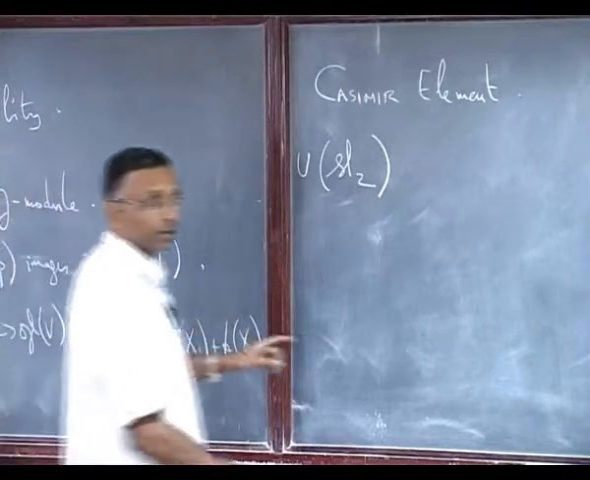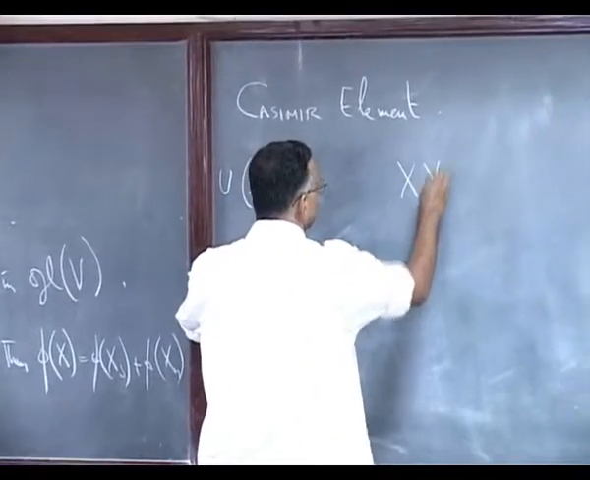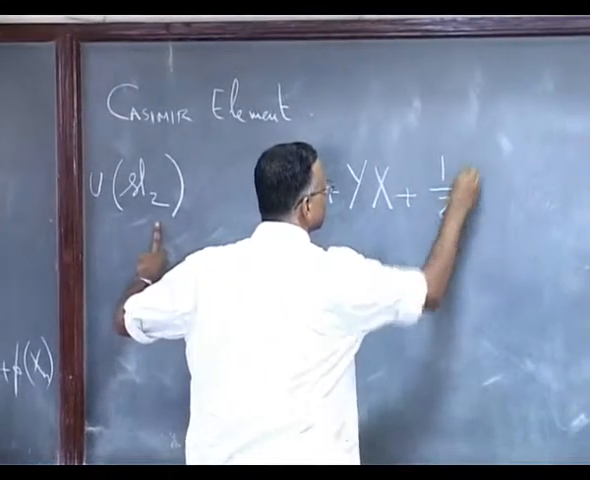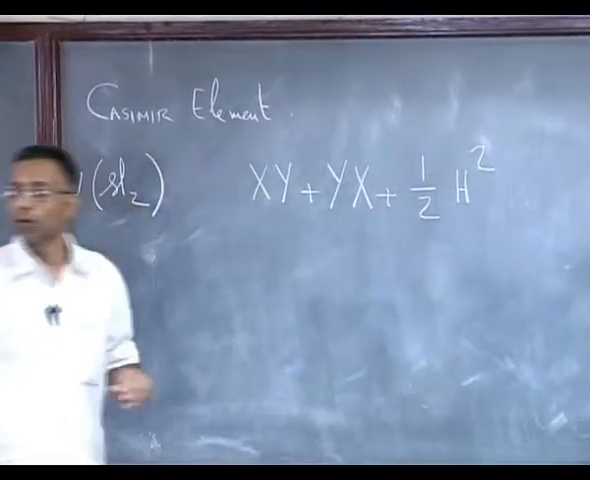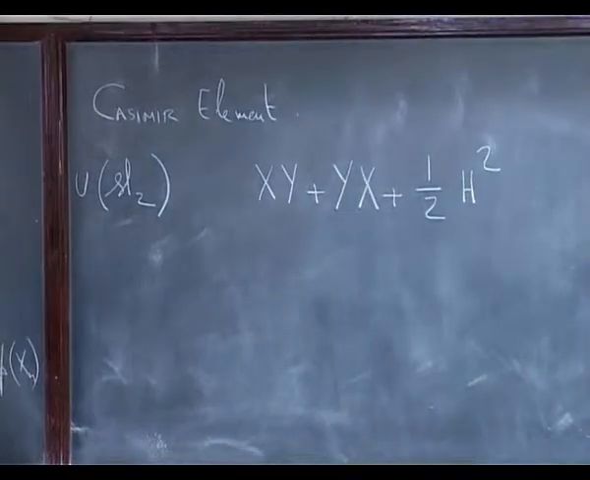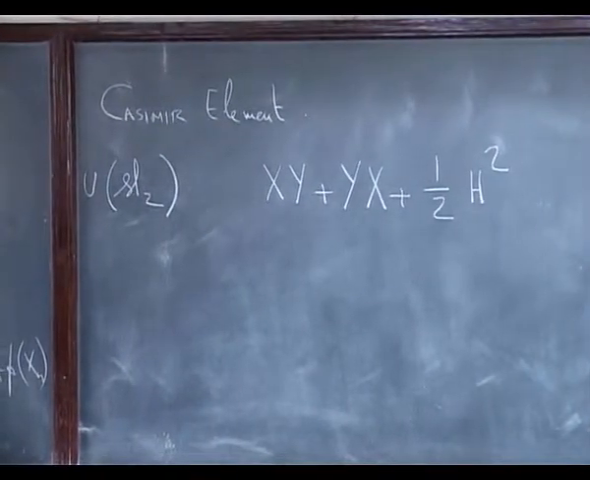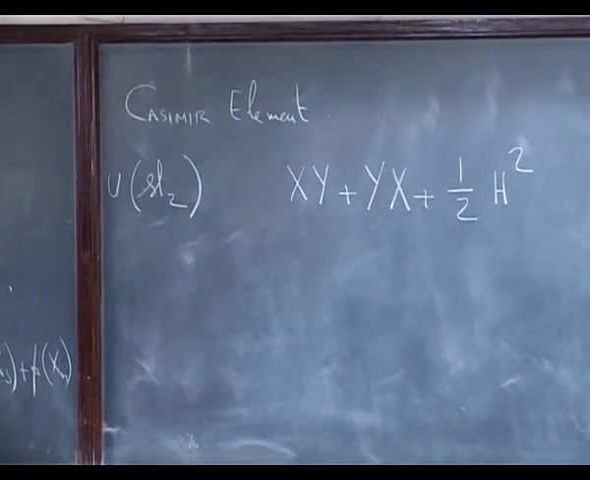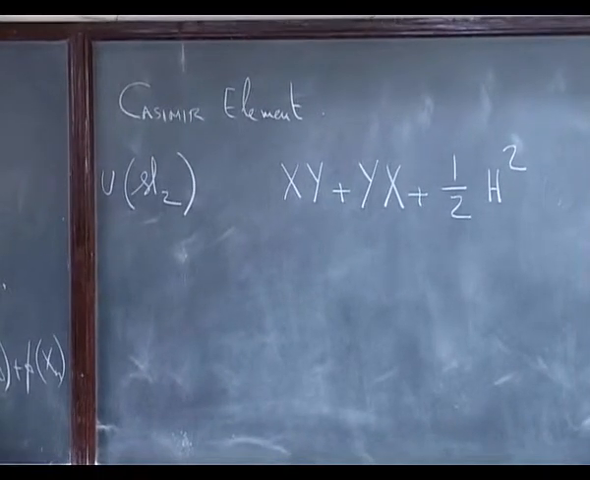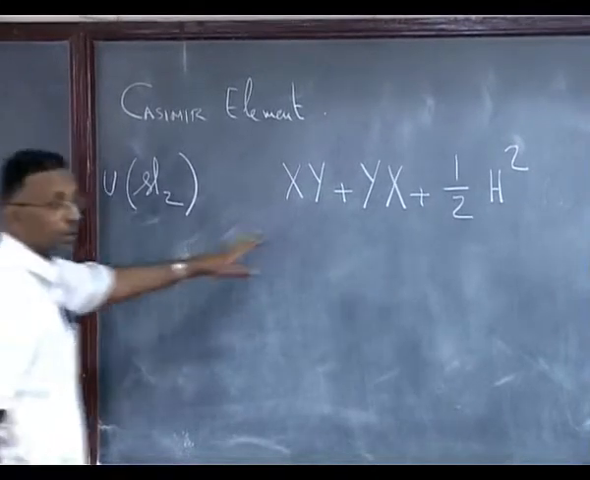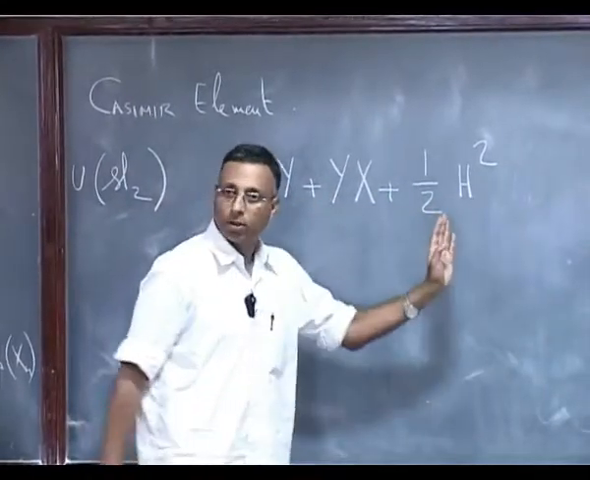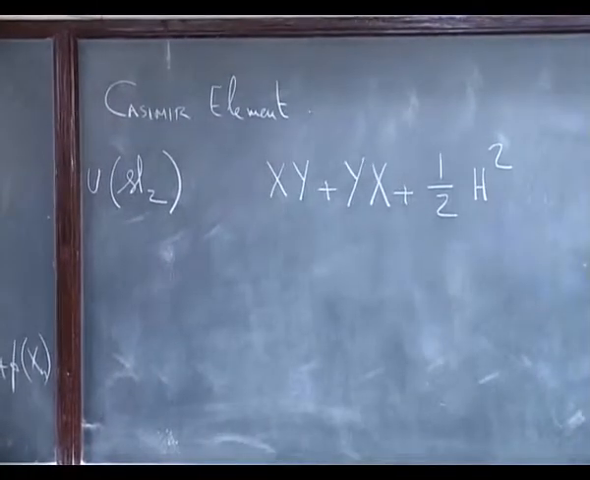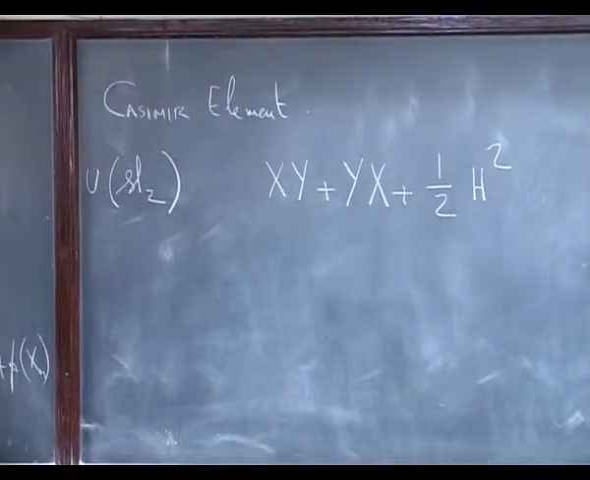Now, one of the exercises on the tutorial sheet wrote this element down and claimed that it was in the center of the universal enveloping algebra, and asked you to check it. Okay. Now, this is an example of a Casimir element. Okay. So, I hope you did it, but if not, you should do it. Just check that it is in the center of the universal enveloping